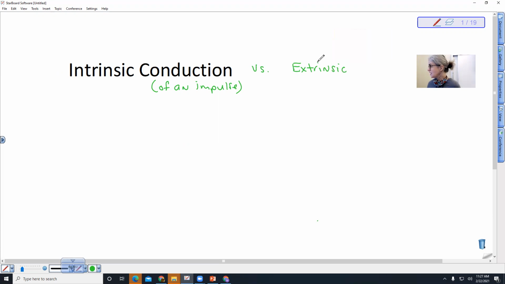Extrinsic would be innervation by the nervous system. It might also be hormones that are on the outside, like adrenaline, that could cause an increase in heart rate. But the intrinsic is simply what sets the heart rate and what causes the initiation of that contraction. And so we actually have a natural pacemaker in our heart that sets that pace of muscle contraction in the heart. So when we talk about this conduction, it is initiated by